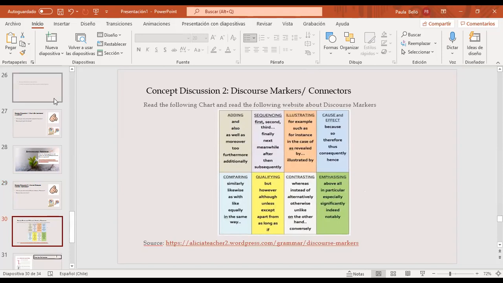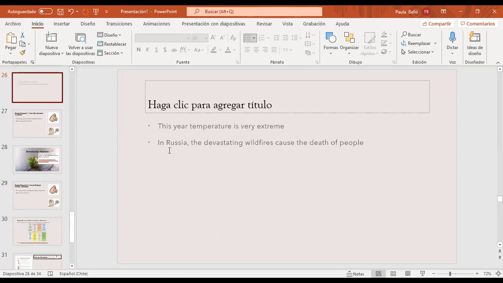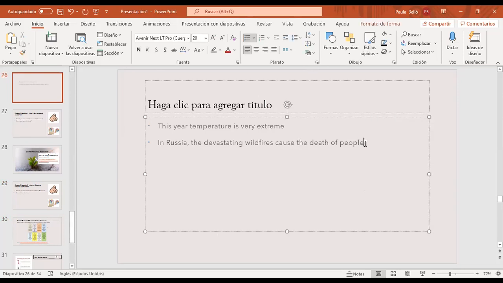So these sentences can be joined by: in Russia, the devastating wildfires caused the death of people, and yes, this is an addition according to discourse marker, and in Turkey, no, where are the first? And in Germany, yes, okay,